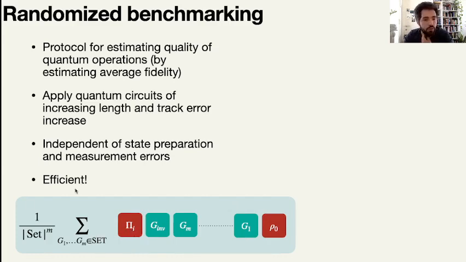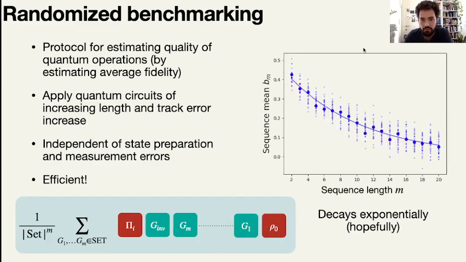Then you do this for a bunch of random sequences, gather all the statistics, and average it out. The intuitive idea is that because these sequences accrue error multiplicatively, you should see roughly an exponential decay in this data, and here you see some simulated example data where you see the exponential decay on average. Then from the rate of decay of this exponential, you hope to abstract some quality of your gates. And that's the generic idea,